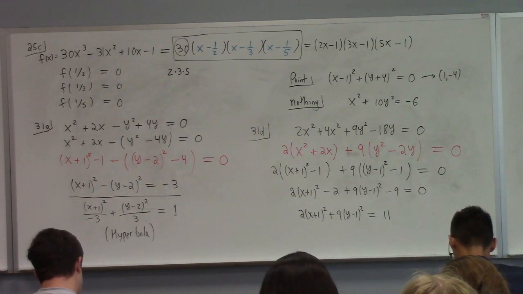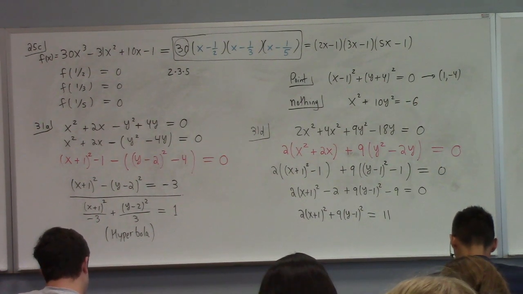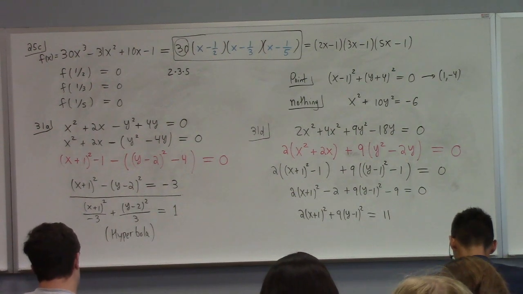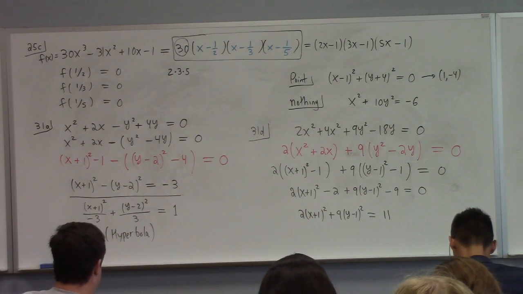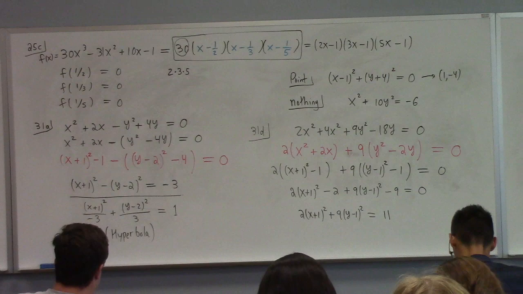21? Yeah. Yes, Holly? What's going on in 31D? Okay. Because, can I explain to you? Sure. Okay. So you see how the 2 plus 9 is equal to